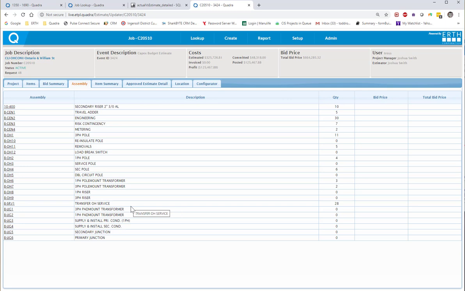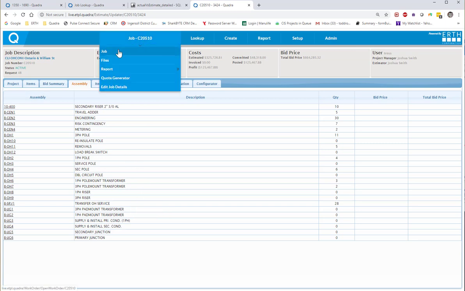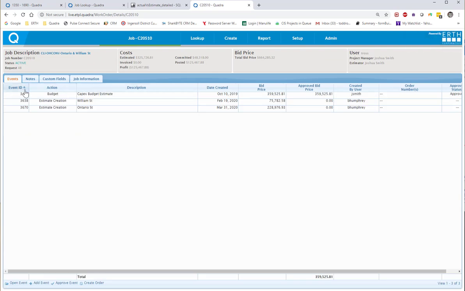So they're doing sort of a rough estimate, so that you get a pretty good approximation of what the costs are going to be. So once I've done my budget, I use that number for capital planning purposes. So I'm going to have a cost. The bid is $359. But as I start building out the estimate now,